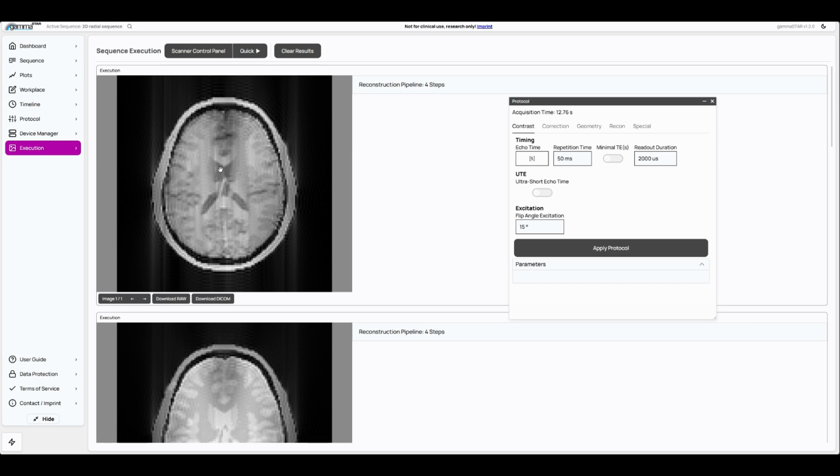So areas with long T1 times, like these, the ventricles, appear dark, while other areas with shorter T1 times appear bright. But the thing is that we still have quite a lot of these steady state approaching artifacts because of